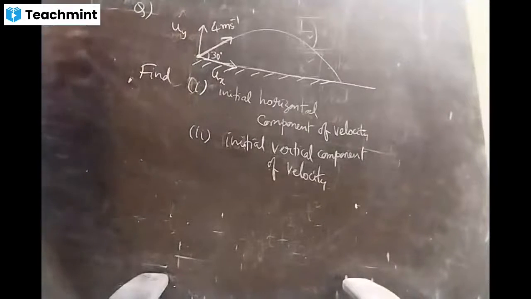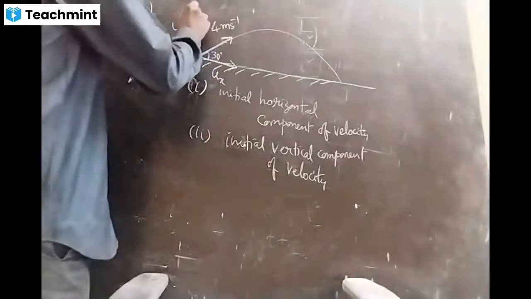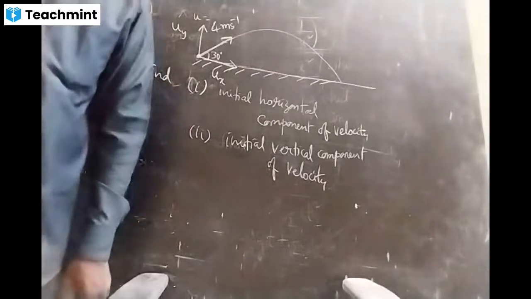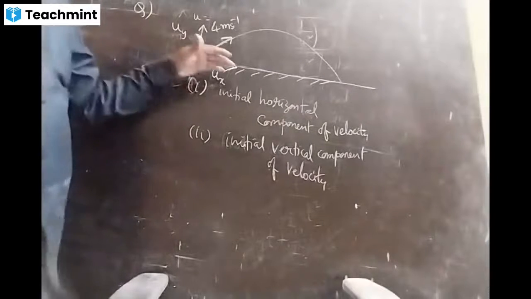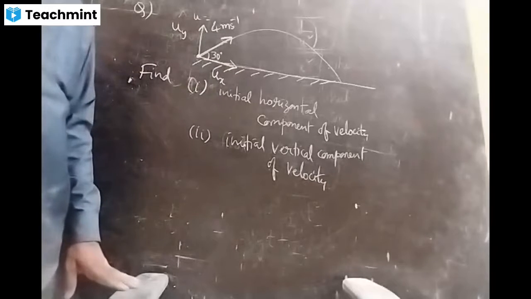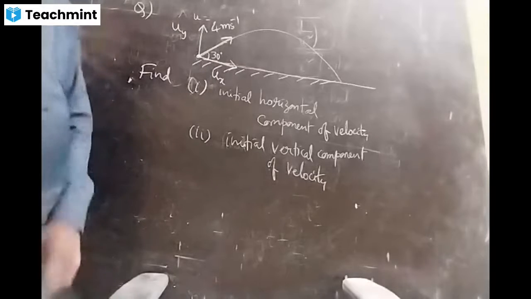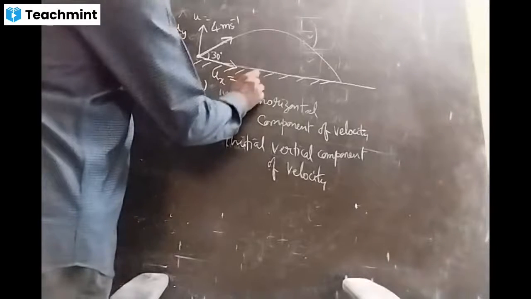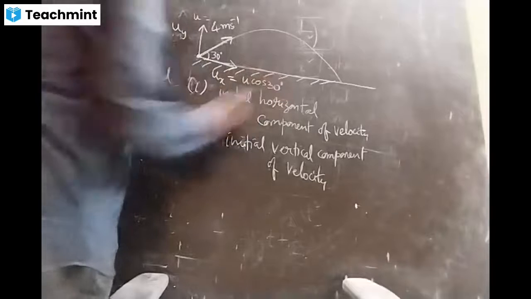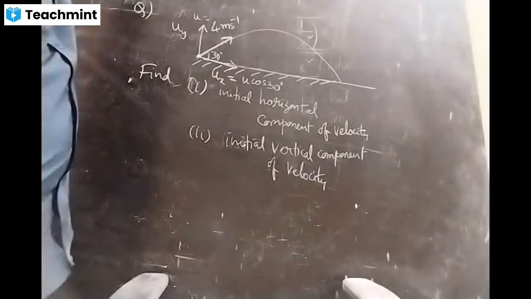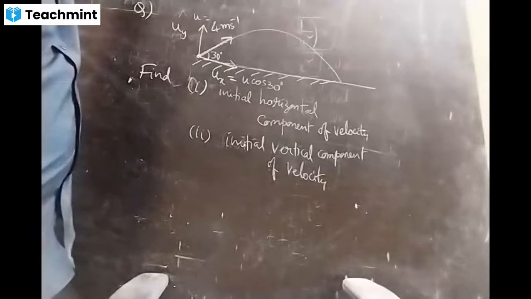See, 4 meter per second is nothing but initial velocity. Velocity symbol I'm using as u. So ux is equal to u cos theta, along the horizontal direction, and uy is equal to u sin theta along the vertical direction. Now you tell me, as I have given the angle as 30 degrees. ux equals 2√3, uy equals 2. U cos 30 degrees. As you know, the component which touches the angle